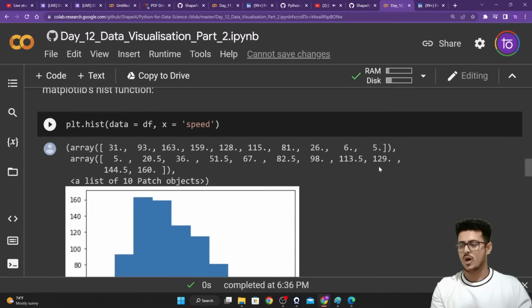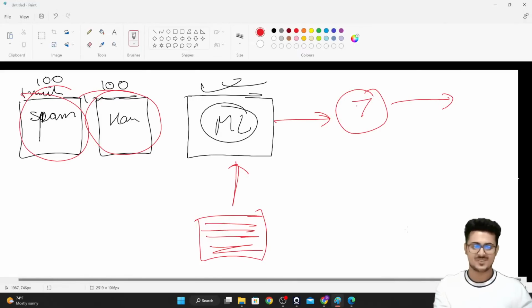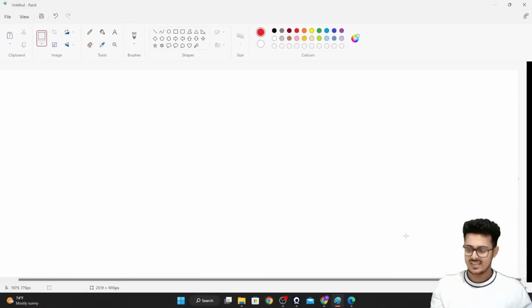I was always very confused between histograms and bar charts, because their use seemed absolutely the same. The only thing I was able to identify was that bar charts had some space between two bars, while histograms don't have any space between each other. But that is not the case, right? There's a huge difference between bar charts and histograms. Let me delete this entire thing and help you guys with the understanding.